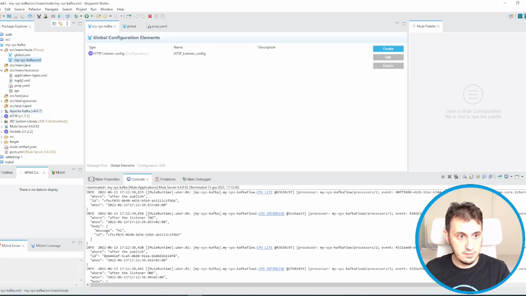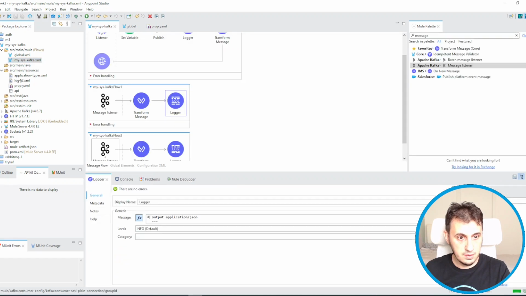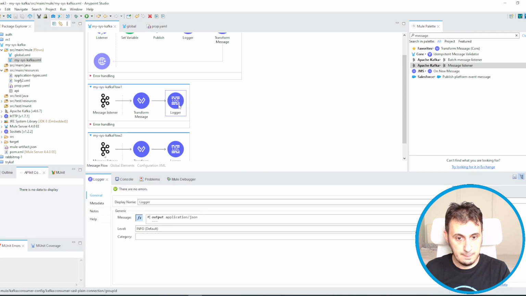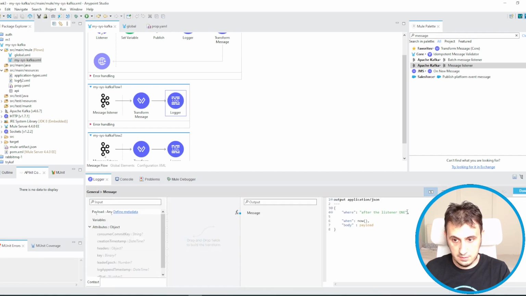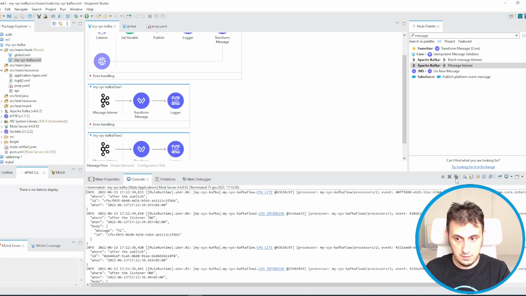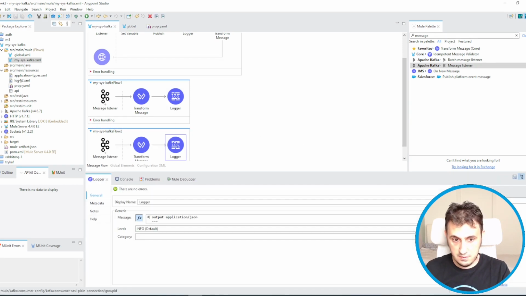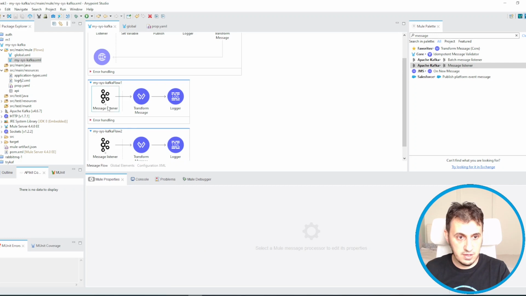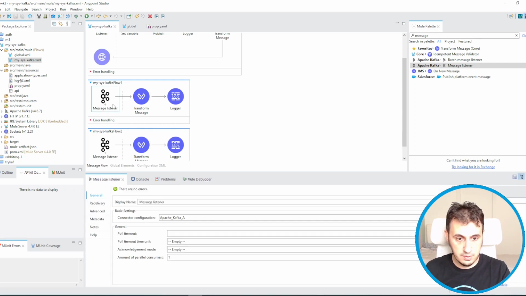Now I modify the same flow. I can say hey, and this is consumer B. In order to achieve this, I have to modify the consumer group.